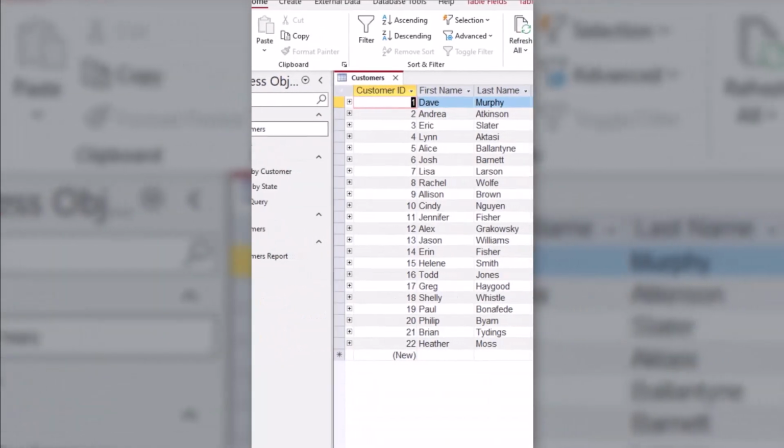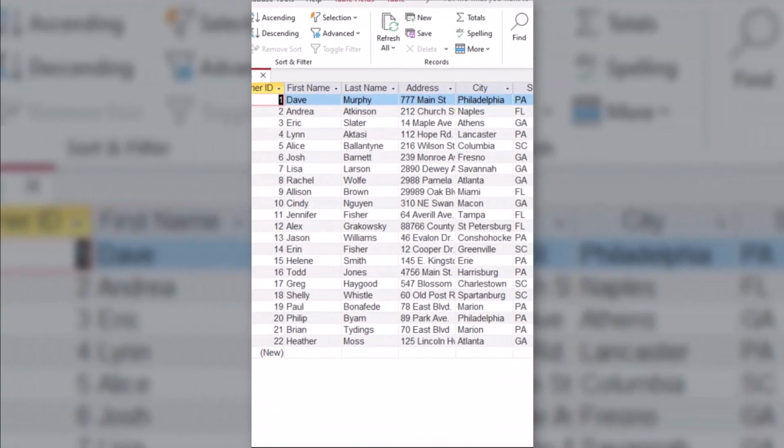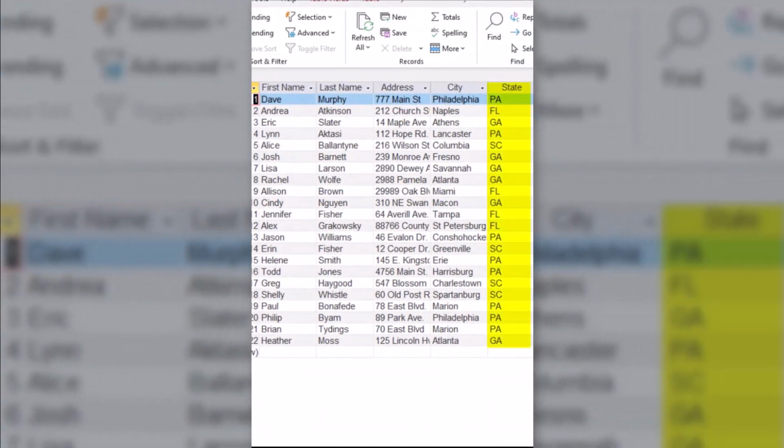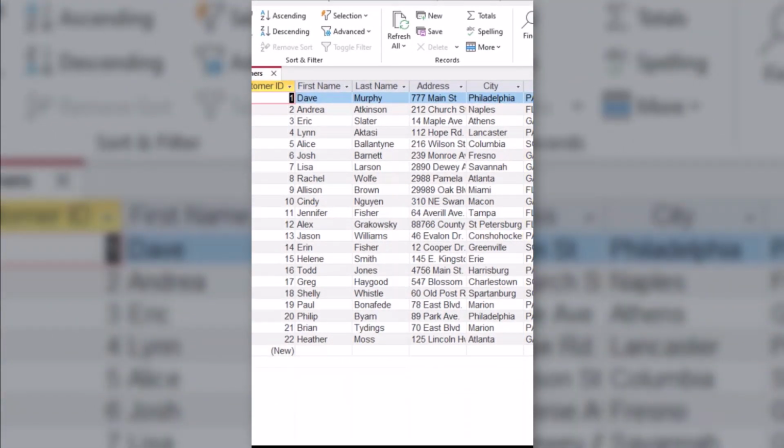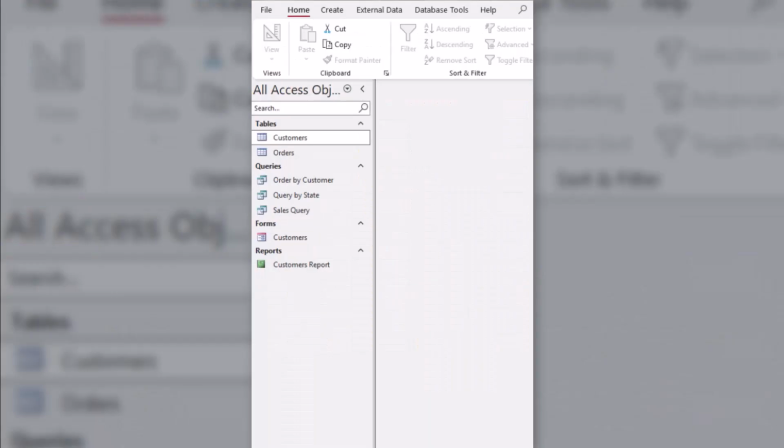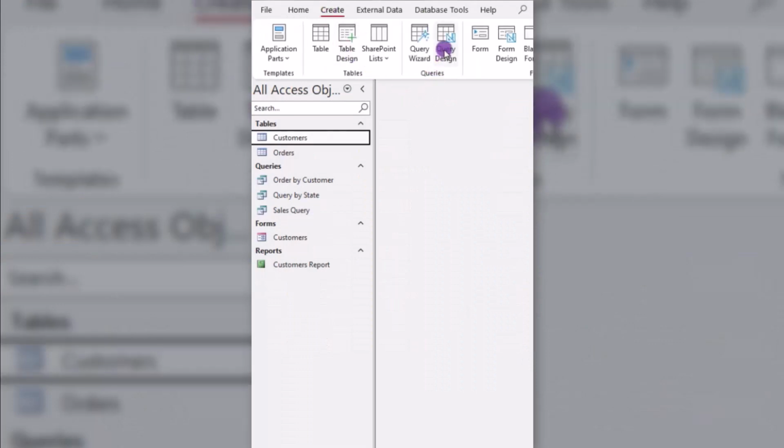Here we have our customer table, and let's say we want to see all the people who reside in a particular state. More specifically, we also want to see their first name and last name as well, and no other details at this time. So, to create your query, go up and click on where it says Create, Query Design,